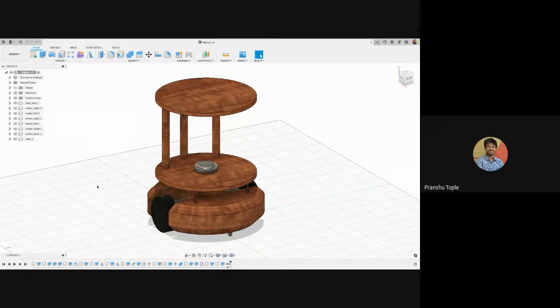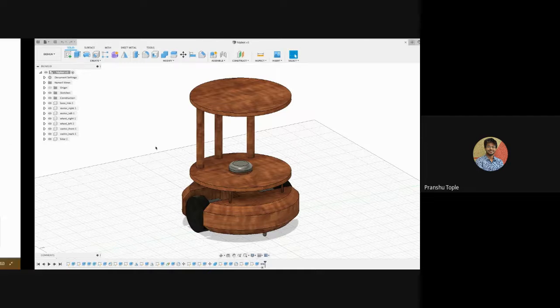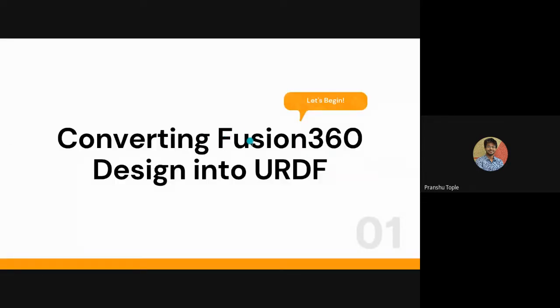it will take. And that is how, if you have a very low end system, just make something out of squares and rectangles and cylinders. It will be more than enough. Just make sure the weights and dimensions are a little bit similar to the actual robot. So now we have to convert this Fusion 360 design into a URDF. There are certain set of rules that you need to follow to convert a Fusion 360 design into a URDF, and that is why I've come here with this presentation.